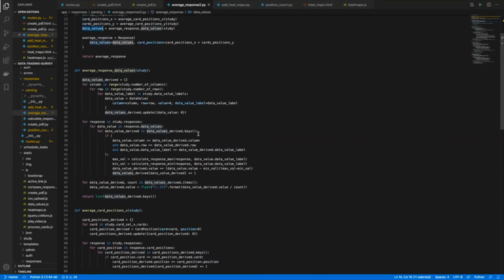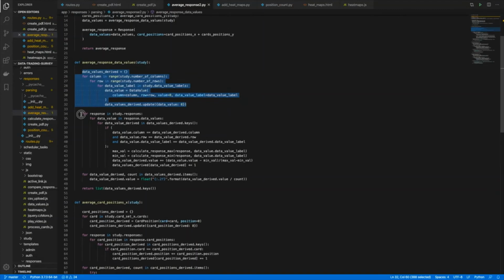So looking at the average values for the numbers placed in the grid, it first creates an array to hold the total value for each position in the grid over all responses and the number of responses who have given a value in that position in the grid.